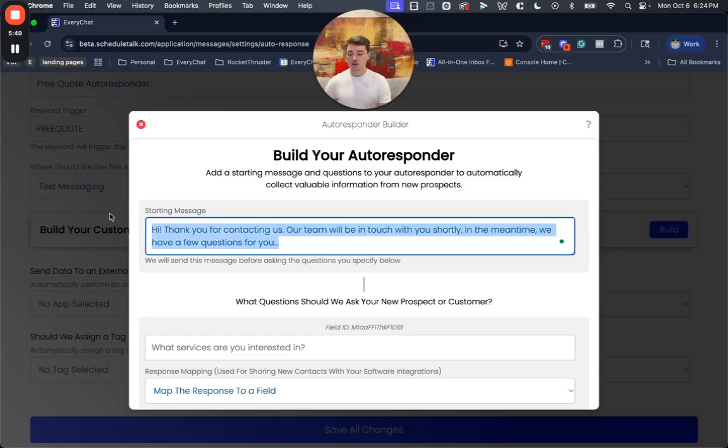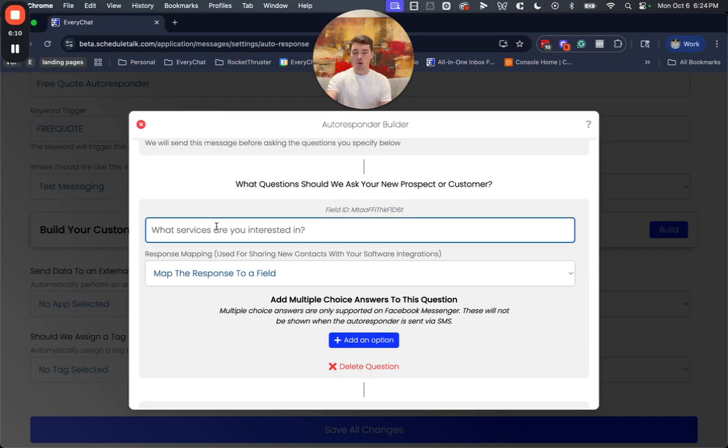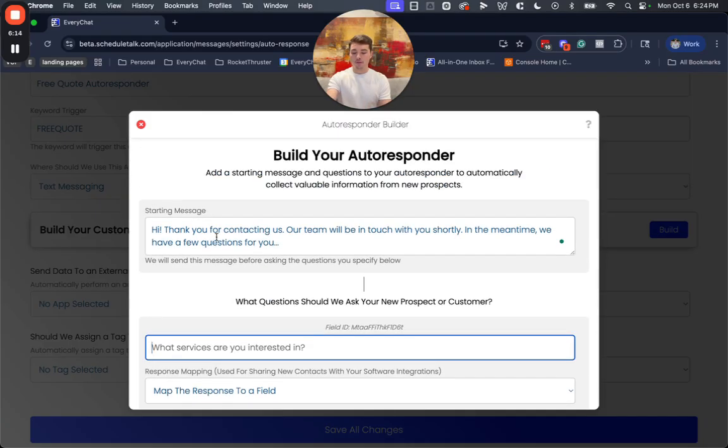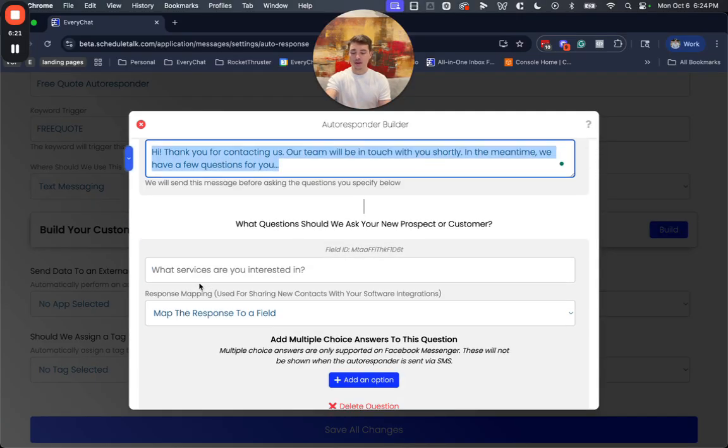So what I might do here is, this is probably fine. Hey, thanks for reaching out to us. Before our team gets involved in the conversation, or before our team connects with you, we just had a few questions so our team has a full understanding of why you're reaching out. If you don't mind, we have a few questions for you. And then from there, we will start putting in those questions. So this question will come right after we send this message, so it doesn't require a user or a customer response. This message and this message are going to be combined.